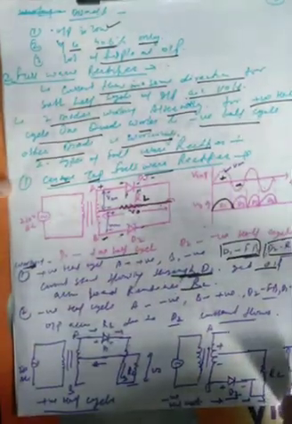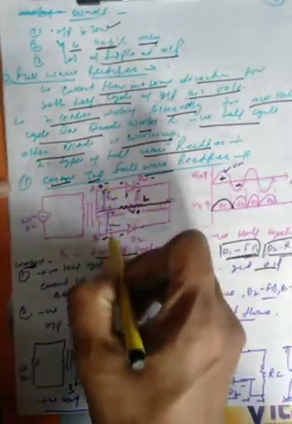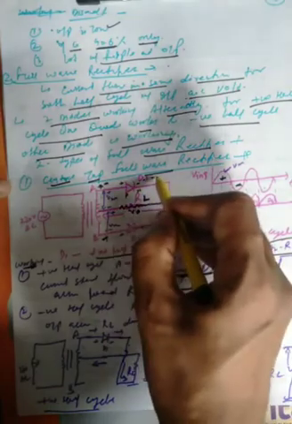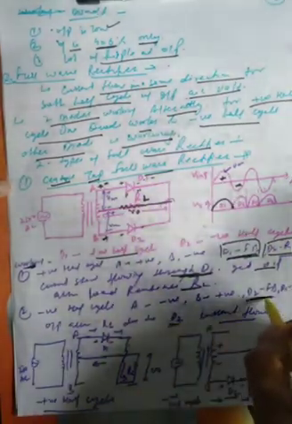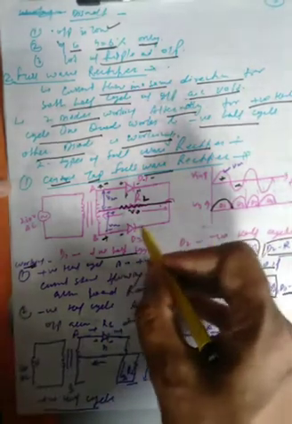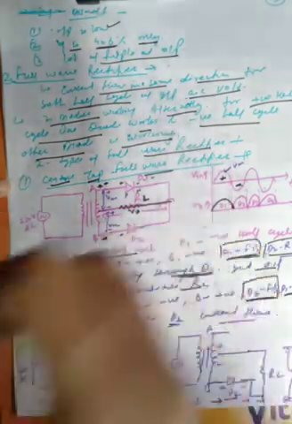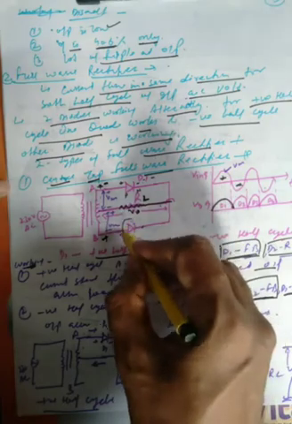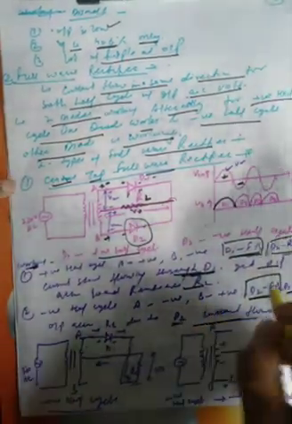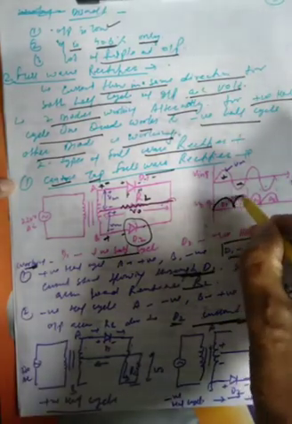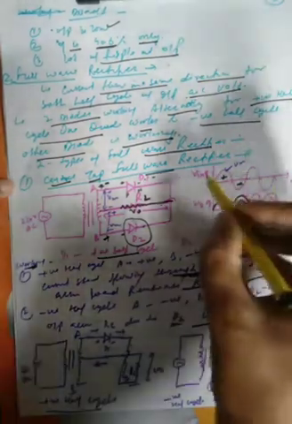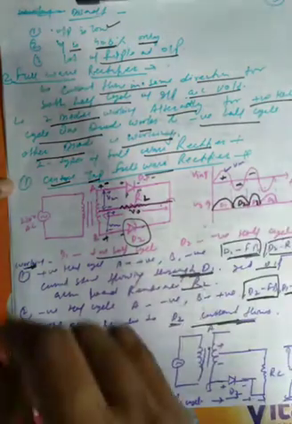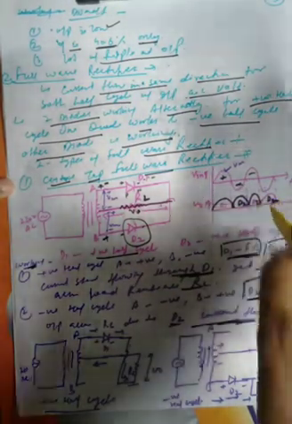During the negative half cycle, when we apply the negative half cycle input, what happens? This end becomes negative and this one positive, so D1 is in reverse bias and D2 is in forward bias. Then D2 starts conducting current, and D1 will not conduct. So we get the output at RL through the D2 diode. We get the output during the negative half cycle because of diode D2, and again in the positive half cycle D1 is conducting, so we get the output due to D1, and in the negative half cycle we get the output due to D2.